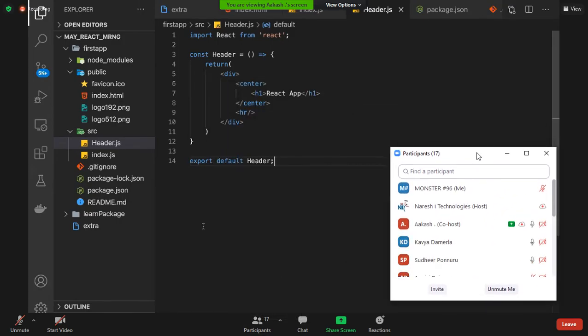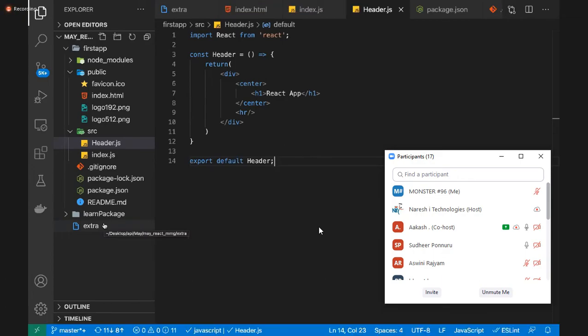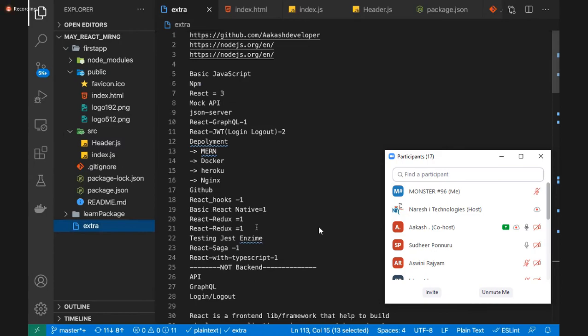Akash, may I know which components will be covered as part of this training? Class component, function component, hooks component, all three, sir. Are we building any kind of minor application? It's not a minor application, sir. We are building around 10 different applications.